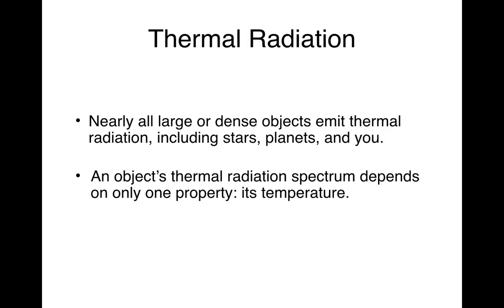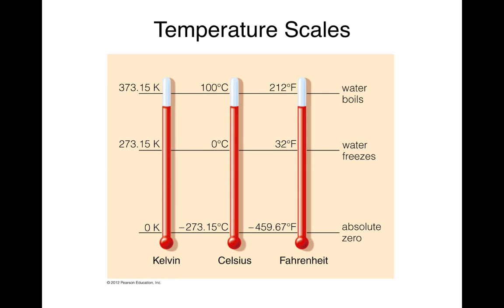Thermal radiation is the radiation or energy that an object emits based on its temperature. So an object's thermal radiation only depends on its temperature. This is true for all large or dense objects, including stars, planets, and you. So before we go into this in a little bit more depth, we need to talk about temperature and temperature